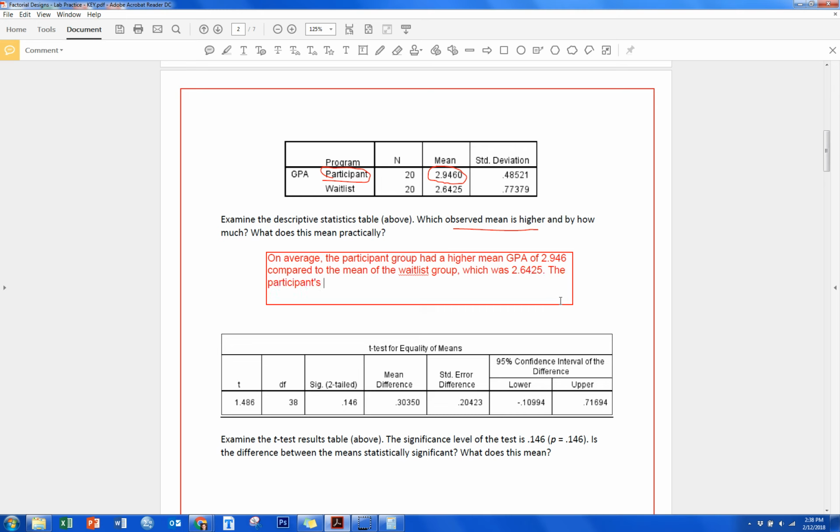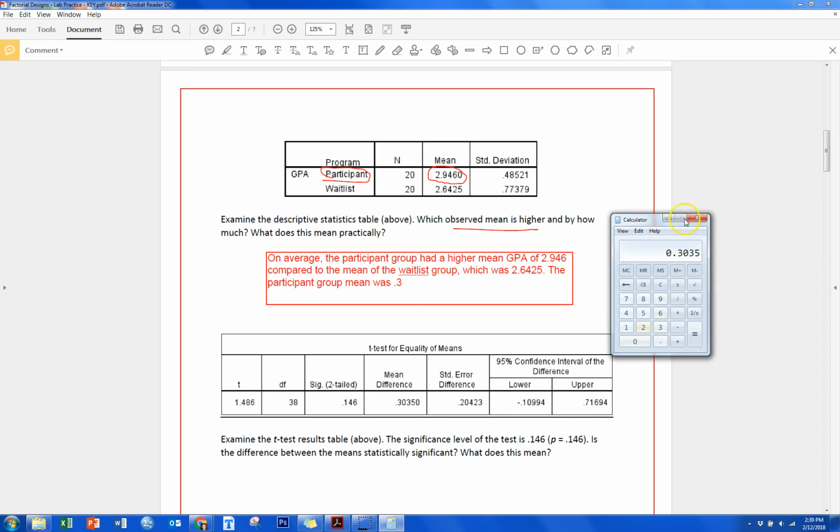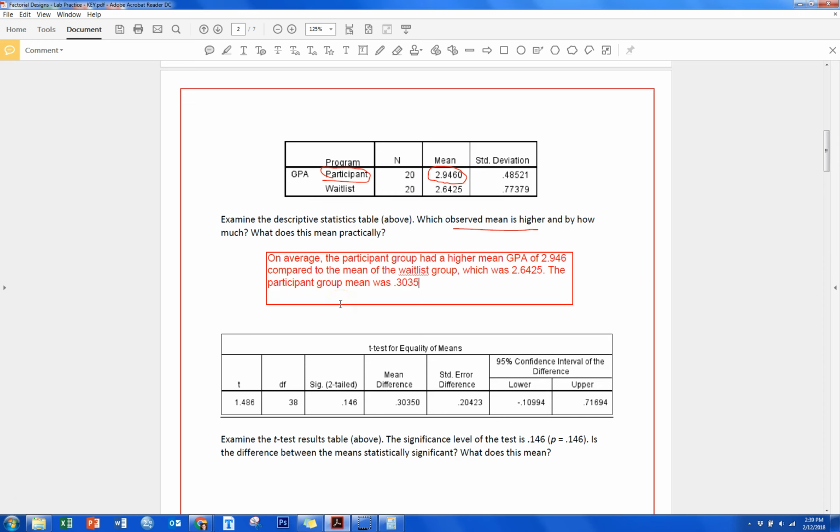The participants group mean, let's go with that, was 0.3035 higher, which was about half a standard deviation,